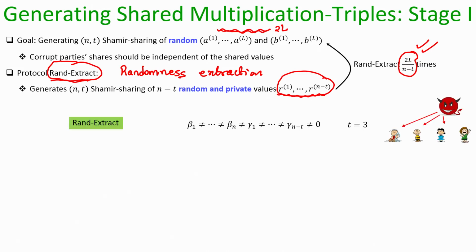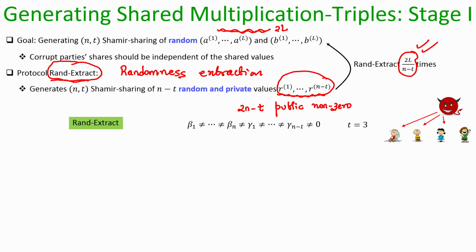So, now let us see one instance of randomness extraction. And in this randomness extraction process, we will assume that there is a public setup, namely the parties know 2n minus t number of public non-zero elements from the field, which are going to be used as some evaluation points. Some of these evaluation points could be the same as your alpha components, which we are using as part of our secret sharing, but they might be different as well.